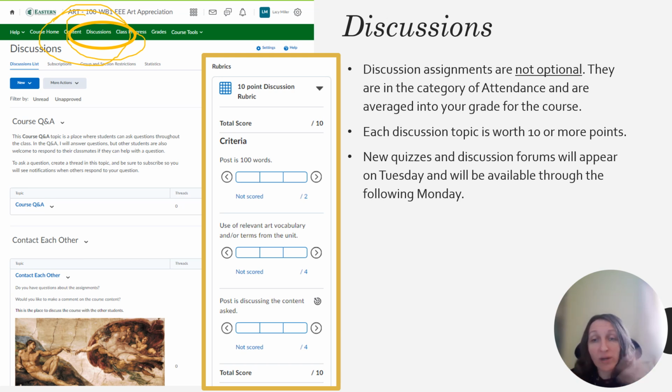Most of them are worth 10 points. Some of them are worth more. They have different instructions: sometimes it's commenting on things, sometimes it's writing a response, then watching information, and then writing another response now that you have more information, all of that kind of stuff. There is a basic rubric, and then some of them have their own rubric that goes along with looking for very specific vocabulary terms, that sort of thing. That's another reason why I want to say, look at the essay or look at the discussion board, then watch the video. That's my big pro tip.